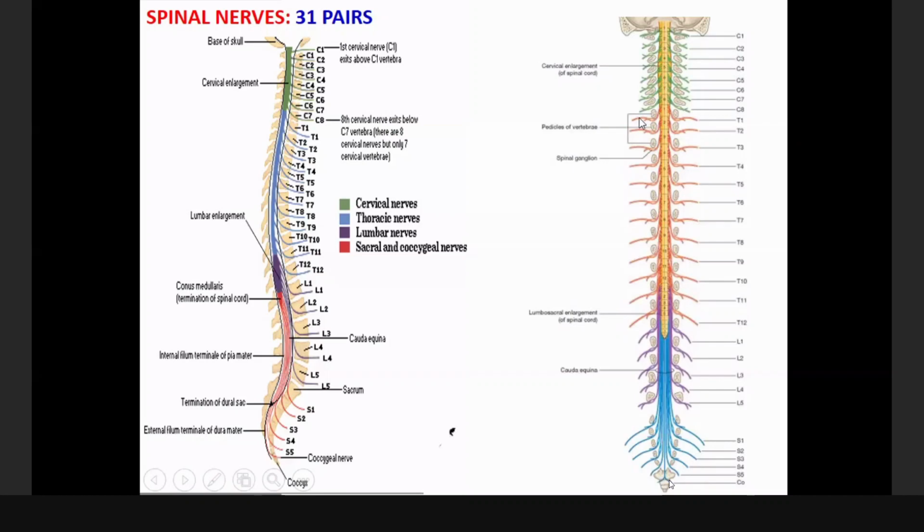The ventral ramus supplies the largest part of the body, which is anterior. That means the upper limb, lower limb, and the trunk are considered the ventral part. But back muscles are small, lesser in extent. That's why they have a shorter ramus. Don't forget this